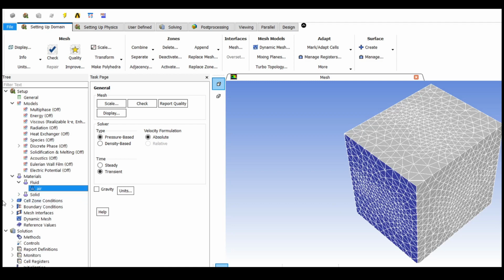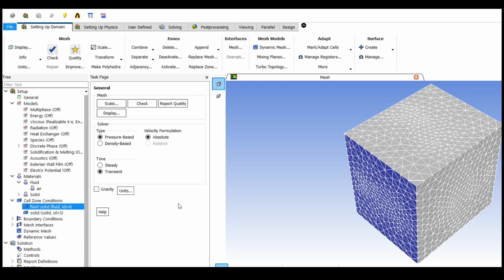Okay, that is fine. Next, the cell zone conditions. In the cell zone conditions, we need to choose the solid fluid interface, and the following window will open. We need to tick the mesh motion, and in the mesh motion these options are seen, and here we need to alter the following things.